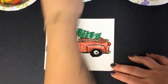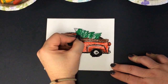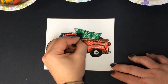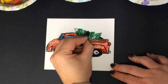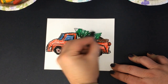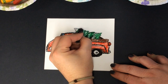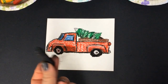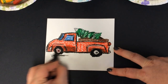Here's my tree trunk, and I don't want it to blend in too much, so I'm going to take the black over it a little bit. And if there's some areas on your tree that you really wanted to highlight or add some shadow to, you could just take the black and do some neat little shadows under a couple of them, and it just kind of helps it show up a little bit more. That's all. Perfect. Okay, so using your black, I want to do a little shadow underneath,